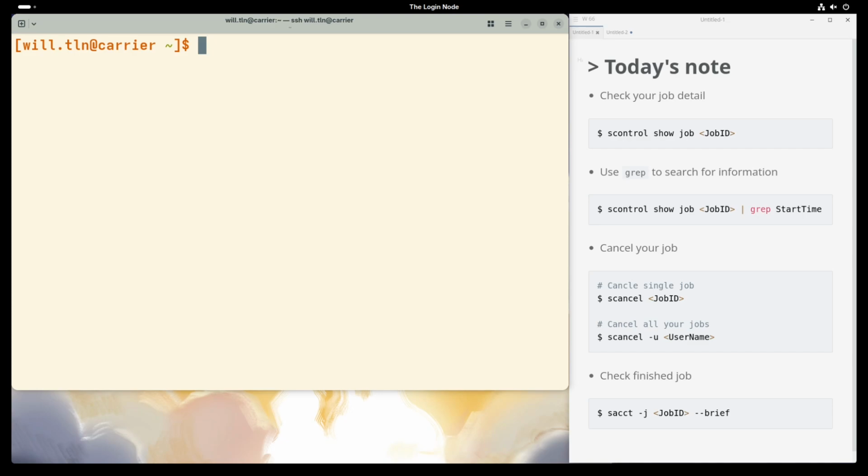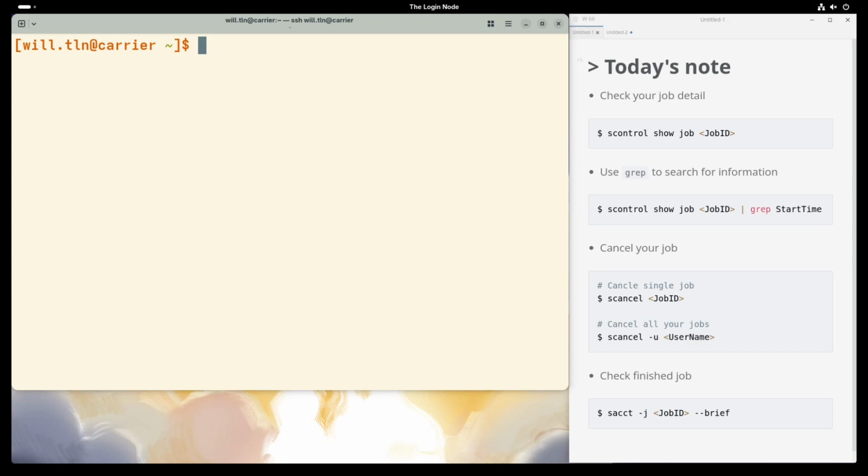We learned how to log in, transfer files, manage environments, and submit jobs. But in the real world, hitting submit is just the beginning. Sometimes your job stays pending forever. Sometimes it runs, but you don't know when it will finish.